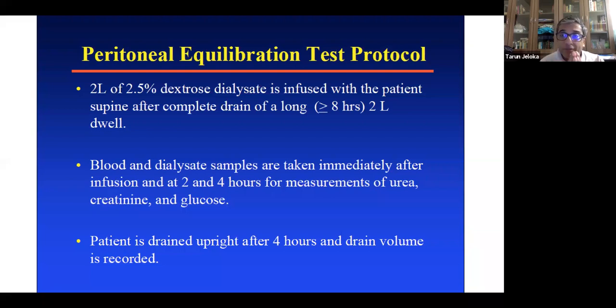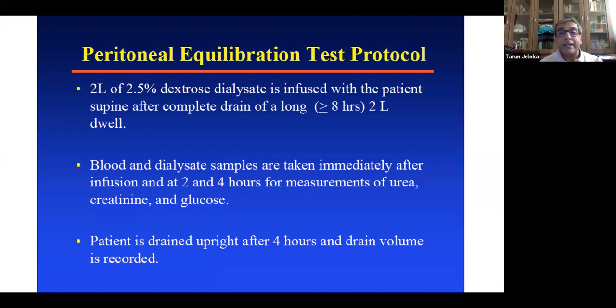Even if the patient is not doing night dialysis, they have to do it for the sake of the PET test. So there has to be a night exchange. After the night exchange, the patient comes to the hospital. You drain that exchange and put in 2 liters of 2.5% in a supine position. And you draw blood and dialysate samples immediately after infusion and repeat the samples at 2 hours and 4 hours